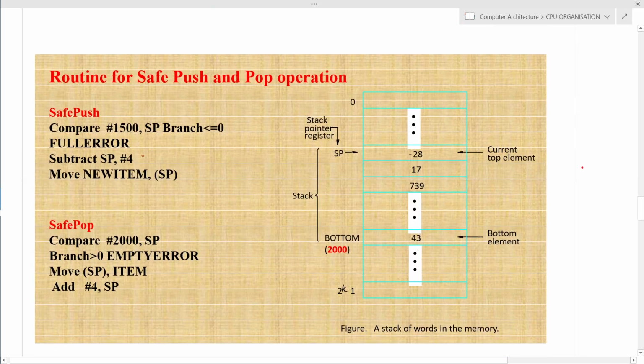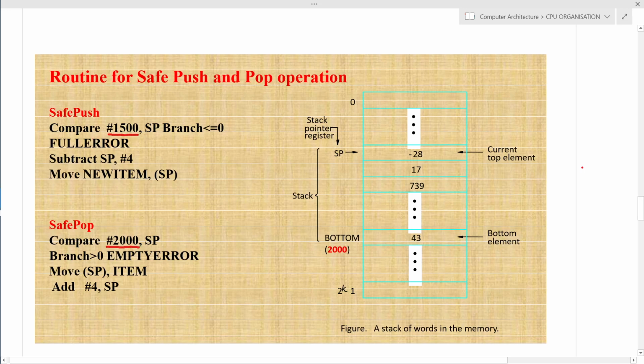Safe push and safe pop operations assure that there is space, or check whether the stack is filled or not filled. In case the stack is filled, it will give an error, and if the stack is empty, it will also give an error. So let's start with the safe push first. This is my top address 1500, and this is my bottom address.